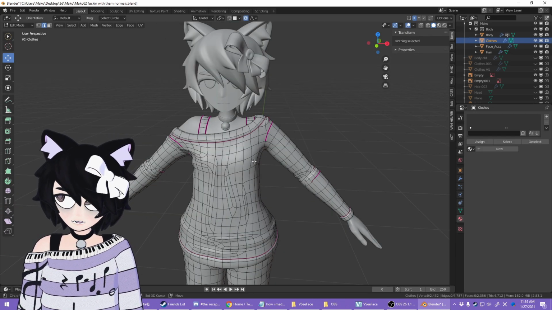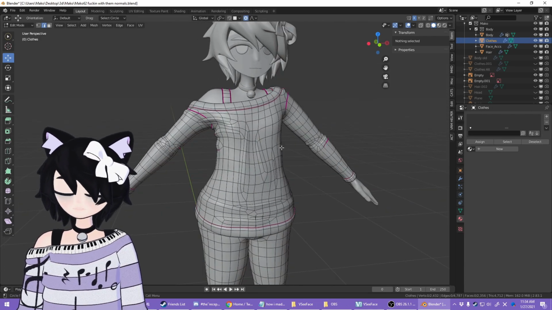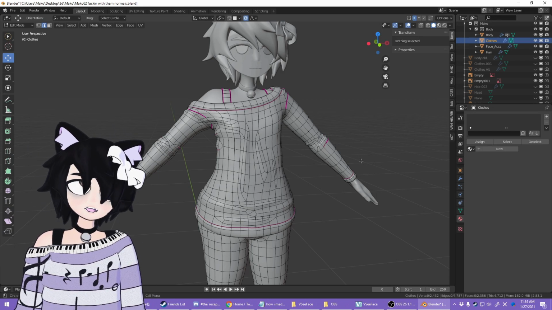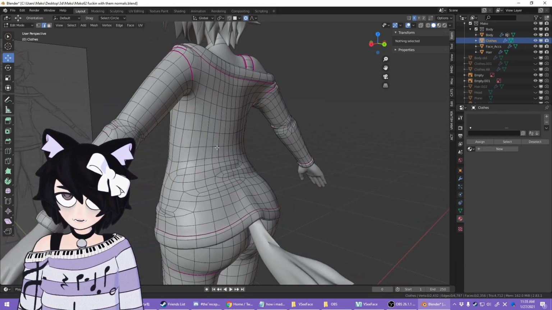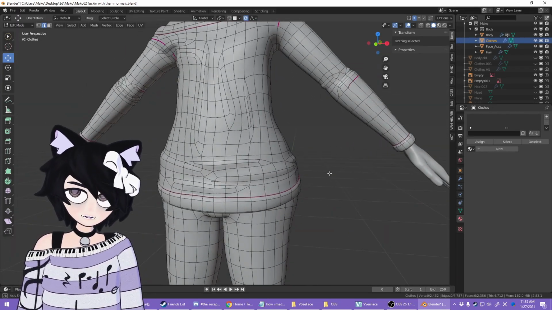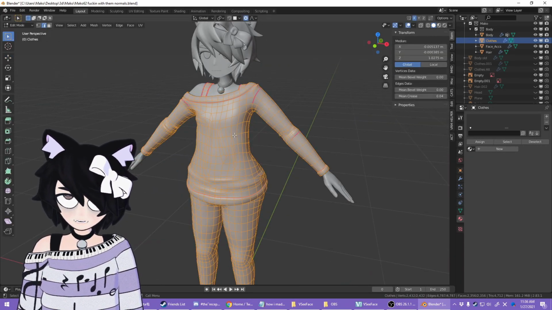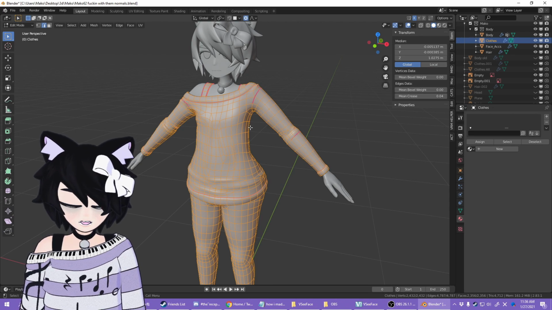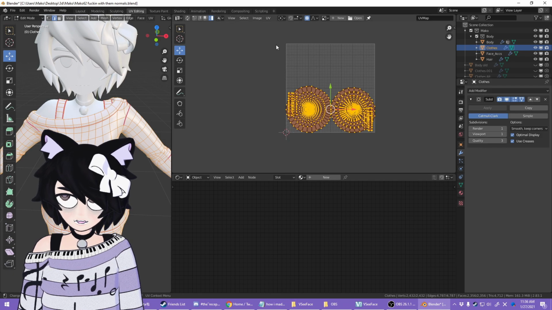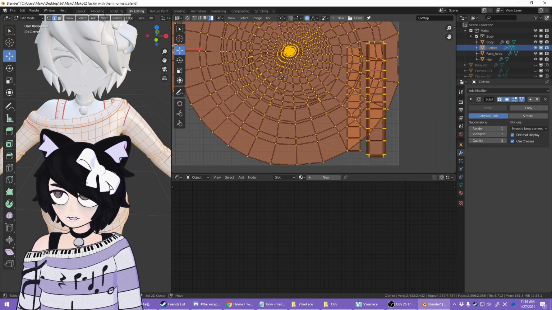Now, what our job is right now is to tell this program how we want these things to be unwrapped. Because, as I'm sure you figured out, we're going to need to find some way to assign these polygons onto a flat surface that we can draw onto to give it a texture. Now, if you were to just try to unwrap it how it is, hit A to select all of it, just U for unwrap, and click that, and you head on over to UV editing, there's a little bit of extra work you're going to have to do first.